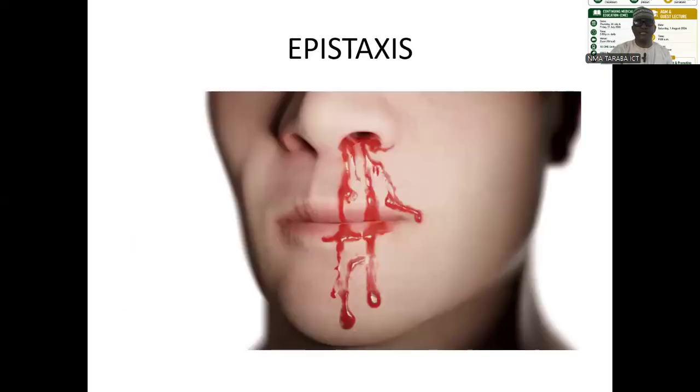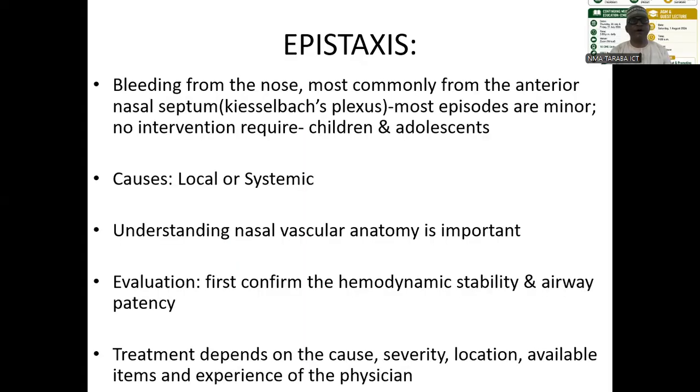discuss epistaxis. When patients present, the bleeding can be from one nasal cavity, from both nasal cavities, and from the throat too. And sometimes the bleeding will just be coming from the mouth. That is to say that it is purely a posterior bleed. But in massive bleeding, from both anterior or posterior, you'll find patients bleeding from both nasal cavities and